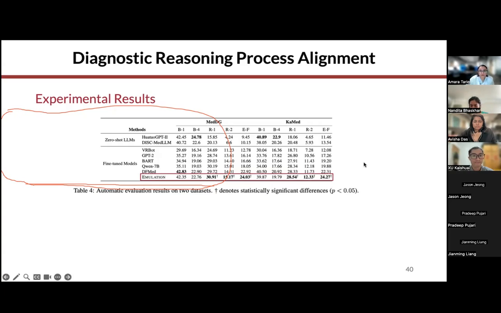It is not specifically trained on a medical dataset. It is a general open source LLM, and in our experiments, we only apply the available dataset to fine-tune the models.